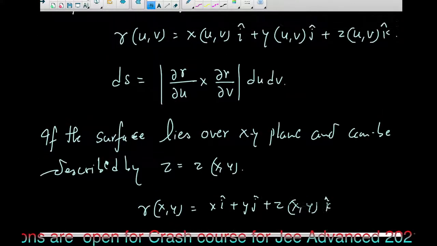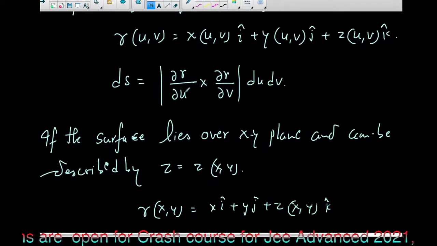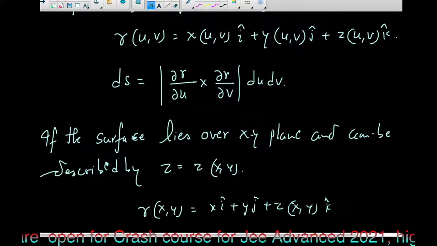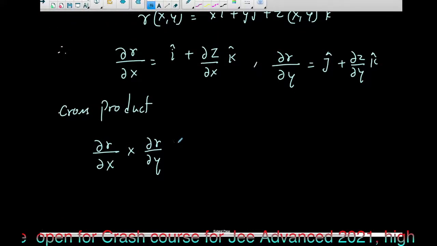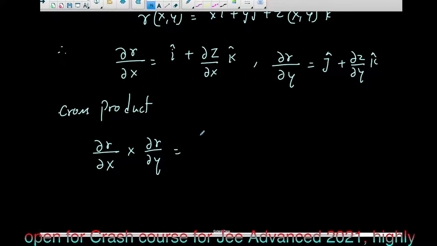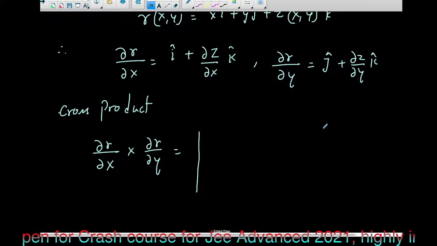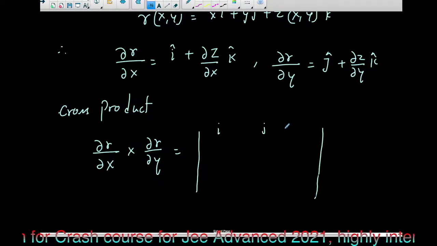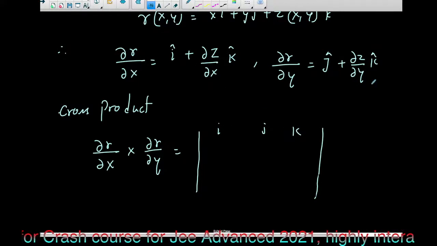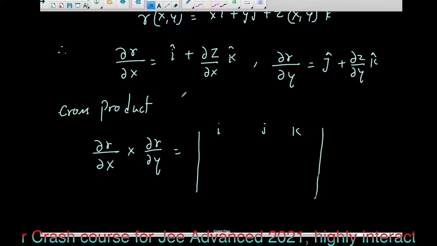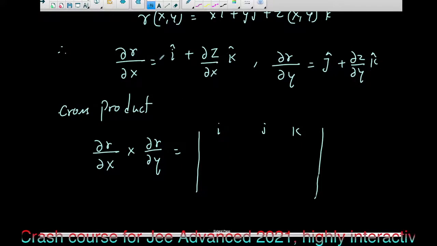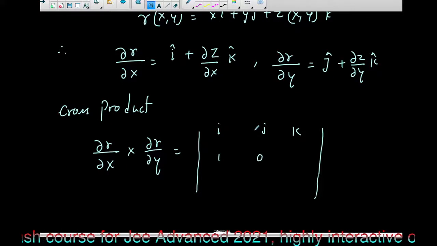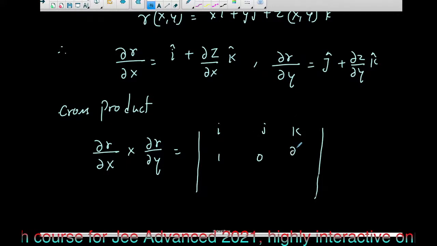Let's see once again, del r by del x and del y, that was the function of u and v, and here the function was x and y. So that's why del r by del x and del r by del y, right, is equal to, how do we make a cross product? By using a determinant, you know the formula of a cross b, that is i, j, k, and here you have to put all the coefficients of i, j, k. So the coefficient of i is 1, the coefficient of j is 0, and the coefficient of k is del z by del x,